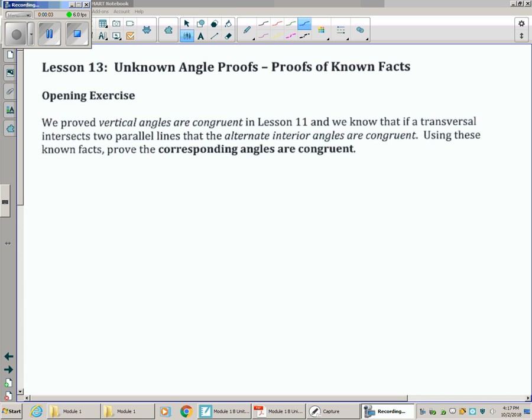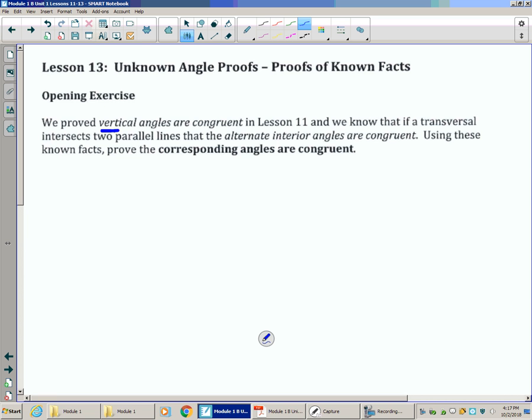So today we have unknown angle proofs that we have to work on. We've done proving vertical angles are congruent in lesson 11. And we've done that if two parallel lines are cut by a transversal, the alternate interior angles are congruent. So using these two facts, we're going to prove that corresponding angles are congruent. We already know that, we've done it numerically, but now we're going to prove it like